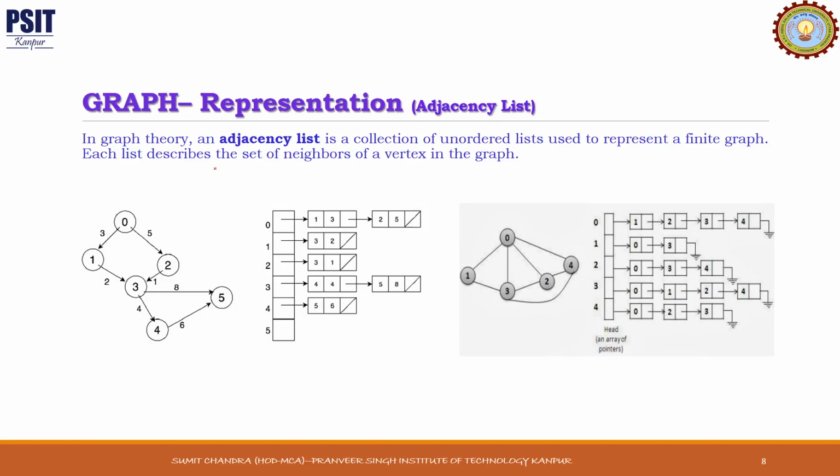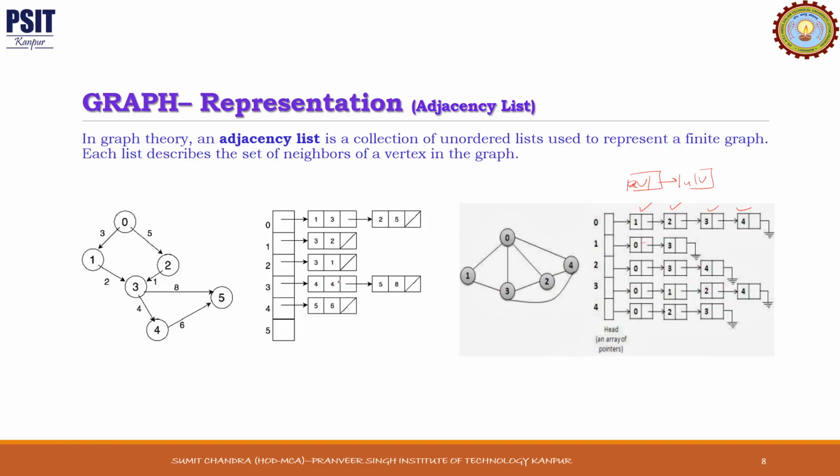Here there are two examples. One is of a weighted directed graph, the other is of an undirected graph, and in a similar way we can draw it for a directed graph also. So let's see the first, the undirected graph, vertex 0. From vertex 0 there is an edge to 1, 2, 3 and 4. So all these vertices are adjacent. So we have a linked list of the vertices which are adjacent. In this linked list structure, the node will contain the adjacent vertex and a link to the next adjacent vertex. So 1, then the second adjacent vertex 2, then 3, and then 4. Similarly for 1, you can see 1 is connected to 2 vertices, 0 and 3, and so on.